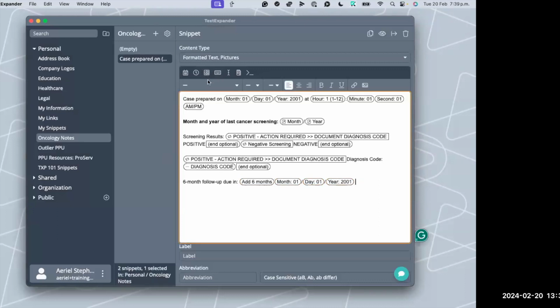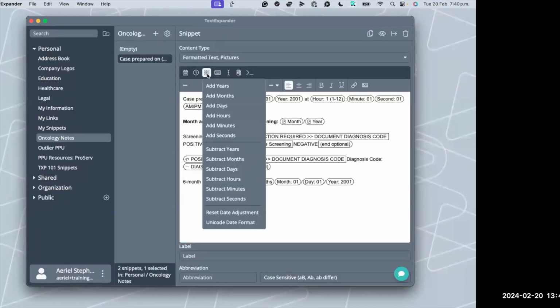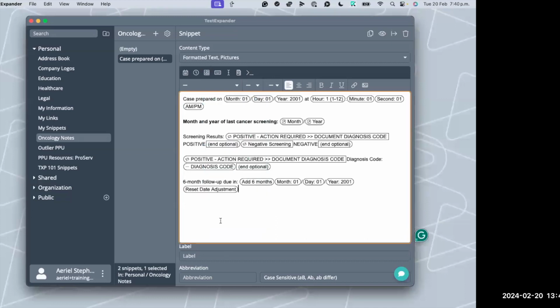Again, you could have done the same thing: I could have subtracted, or added any other amount of time. And just as another note, something that's easy to miss: if you have more date or time mathematics, or you want to add another date or time macro later on in this snippet, you'll really want to go back to this calculation button and reset the date adjustment.